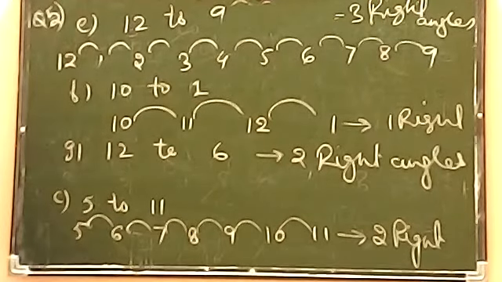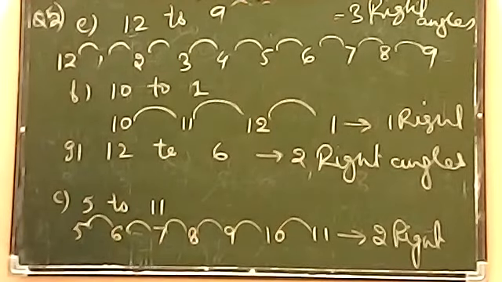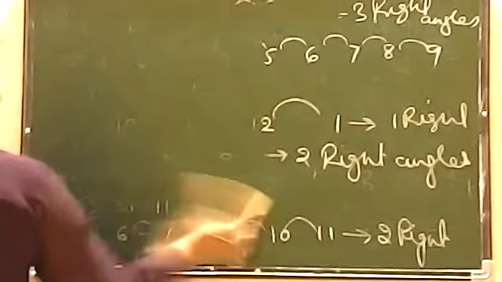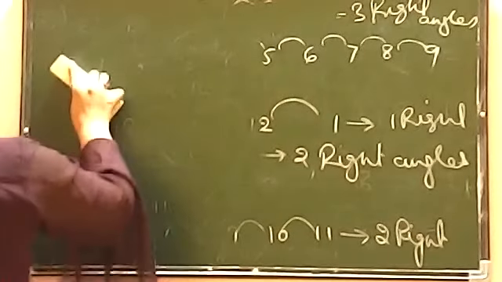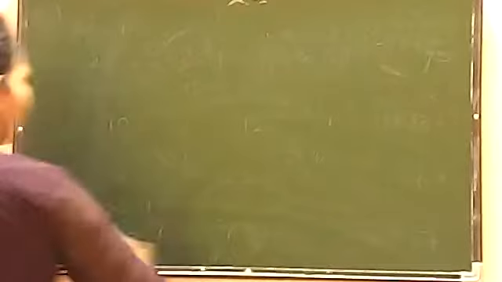Now let's understand one more question which is related to question number 7, which is where will the hour hand of a clock stop if it starts? Again you have to understand the same procedure जो मैंने अभी आपको समझाया. 3 steps means 1 right angle, 6 steps means 2 right angles, 3 right angles means 9 steps and 12 steps means 4 right angles. कैसे ऐसा होता है? That I have already told you in the very beginning. So let's understand the last question number 7, which is related to a clock.